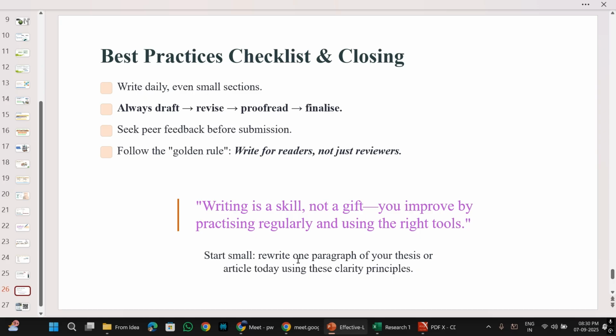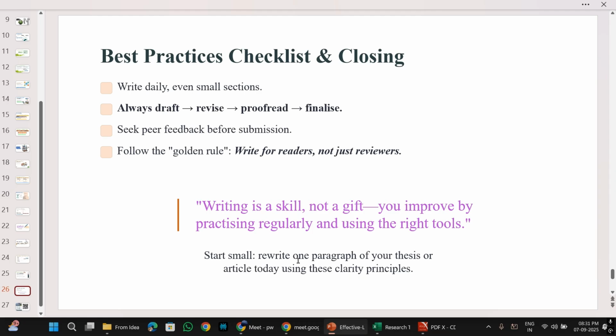Reviewers are there to check how credible it is and how best you can convince the reader that what you have done is correct and good, and that it is brought to a level that it can be published in a reputed journal. That is the job of the reviewer. You have to write for the reader. If you are not agreeing with whatever the reviewer has told you, change the journal, go to some other journal, right? So writing is a skill, it is not a gift.